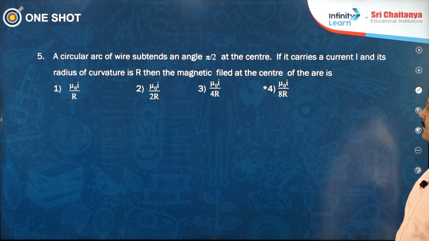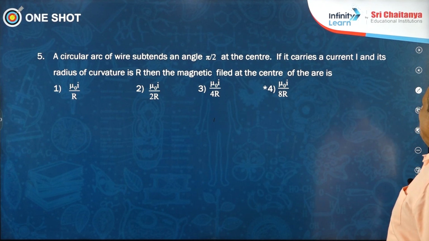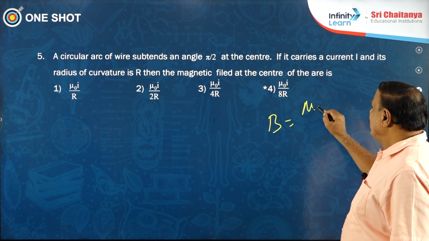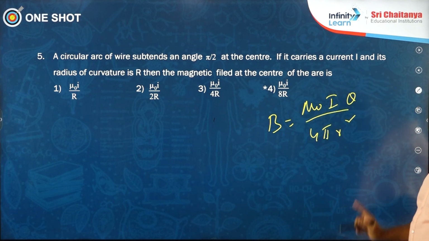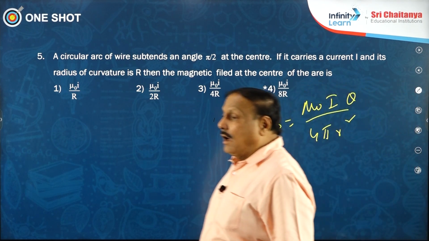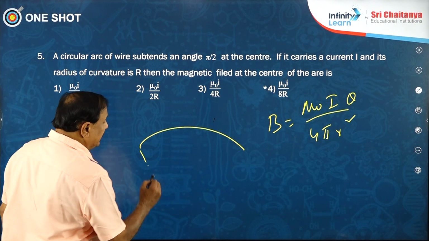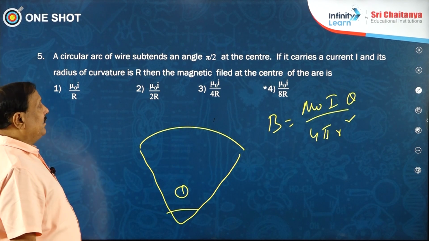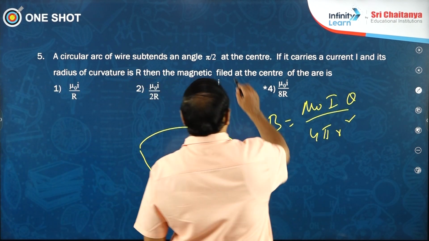Look at this. A circular arc subtends an angle. If you remember, in the last class I told B is equal to mu naught I theta by, if I remember, 4 pi r square. If I remember properly, this is the formula. Magnetic induction due to an arc shaped conductor at the center here. Using Biot-Savart law I derived it, refer to our notes, take the formula and simply substitute theta